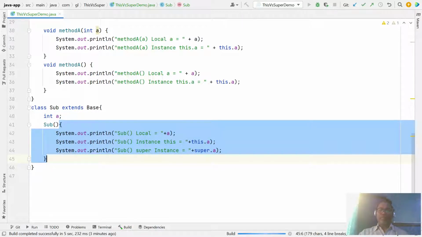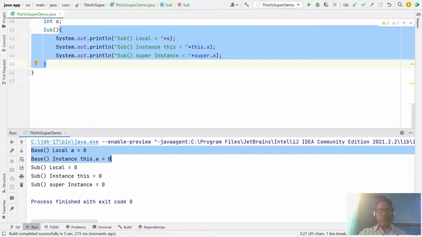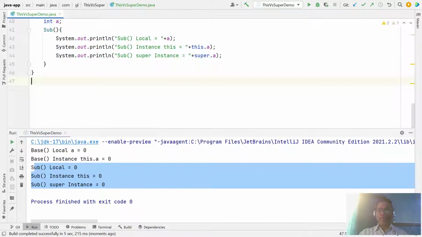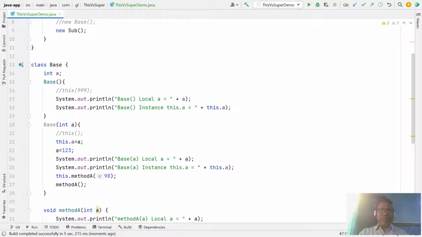If you run it, you will notice that first your base class constructor is invoked and then your subclass constructor. The base class constructor initializes with the default value.